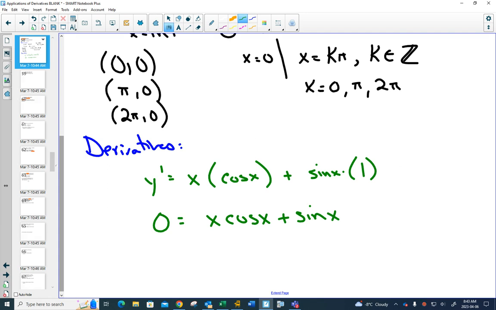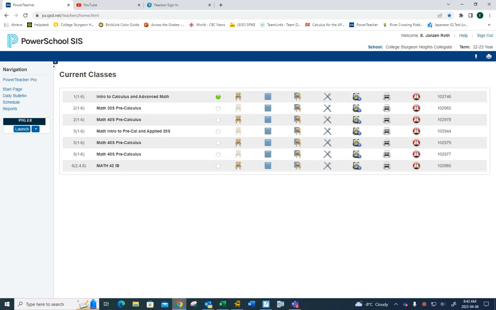And this one was listed as a calculator question because at this point we get the following: x cos x plus sine x is equal to 0. And any kind of algebra that we decide to try to do to solve this is going to result in not being able to solve it. We're going to get an equation where we have trig functions and an x. They're difficult to solve. There are algebraic techniques that we could use, but for this one, we are going to go to Desmos